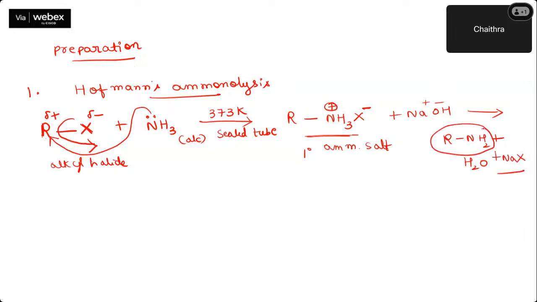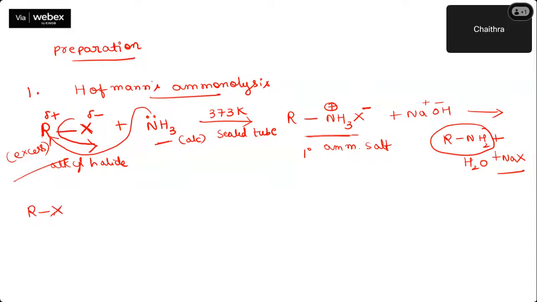So what is this? You got a primary amine. But the speciality of this reaction is that you take the alkyl halide in excess. So the reaction continuously happens till all the hydrogens are replaced. Now, in a simpler manner, I will show you how to write the reaction. Take RX. You should always take alkyl halide only.